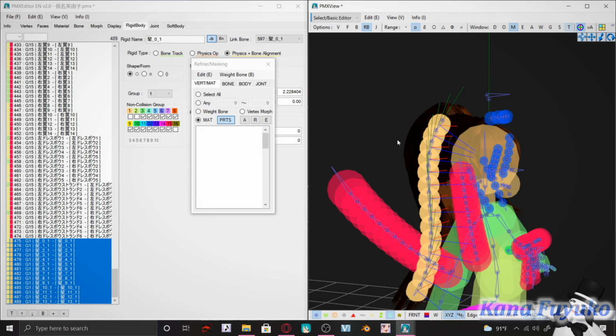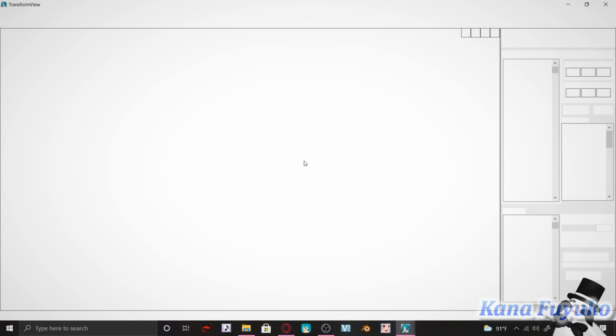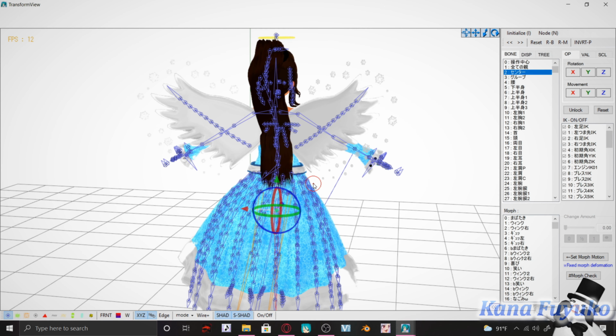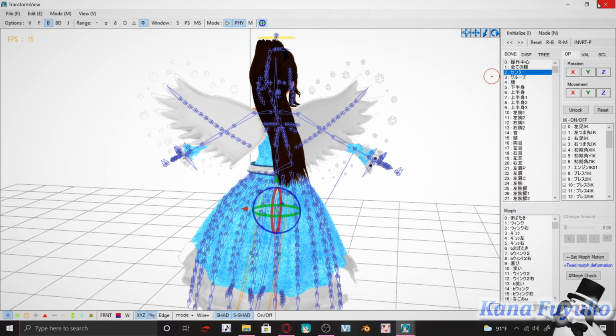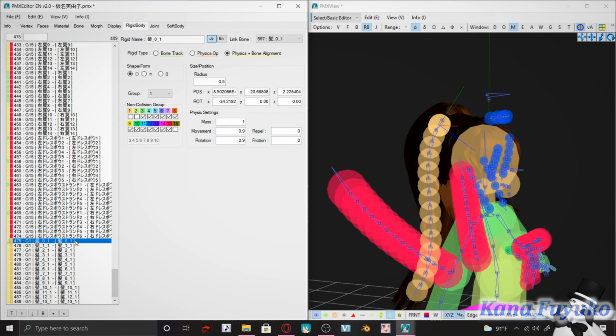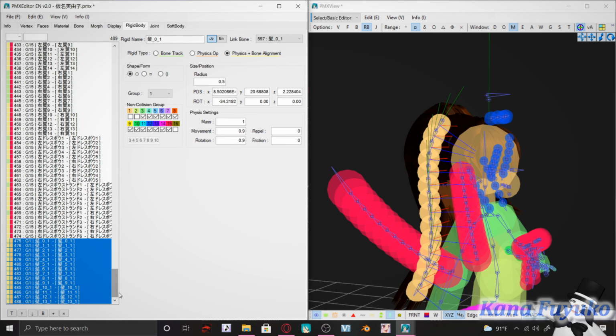So let me quickly check transform view. You can kind of see a bit of a difference, maybe. Yeah, you can see it's a little more controlled. It's still a little staticky because all the bones still literally have the same values, so yeah. But basically, you can also make sure to fix up the